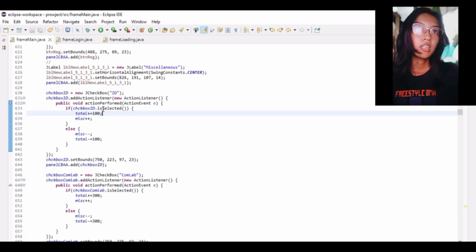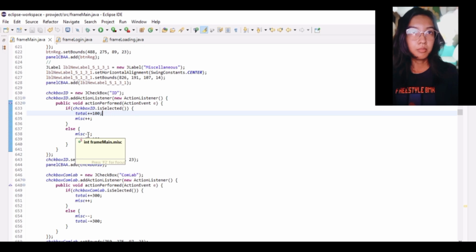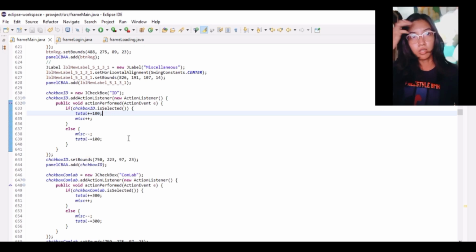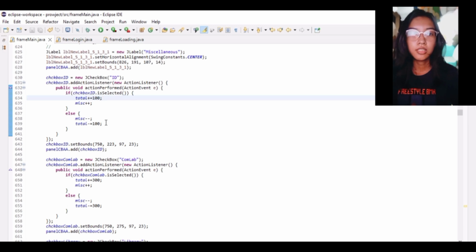But if the checkbox is deselected, the miscellaneous will be decremented by 1, and the 100 will be subtracted from the total, to kind of undo the selection that you just did, because all of these checkboxes are not selected at the start of the program.